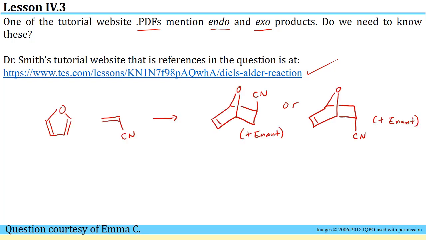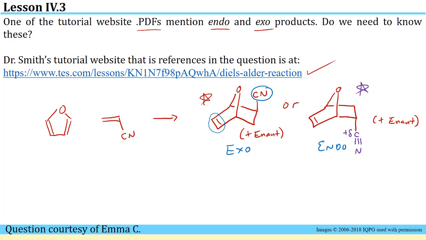If you didn't take a look at that tutorial website, the link is given here, but it's also listed in the module. This question of endo versus exo has to do with cases where your Diels-Alder reaction produces these types of bicyclic structures. In those cases, you have a choice between pointing your electron withdrawing substituent up, which is the opposite direction that this double bond is. That's referred to as the exo product, or it's pointing down and the double bonded unit is leaning down. But this endo product is going to be favored for all the cases you're going to see in this class,